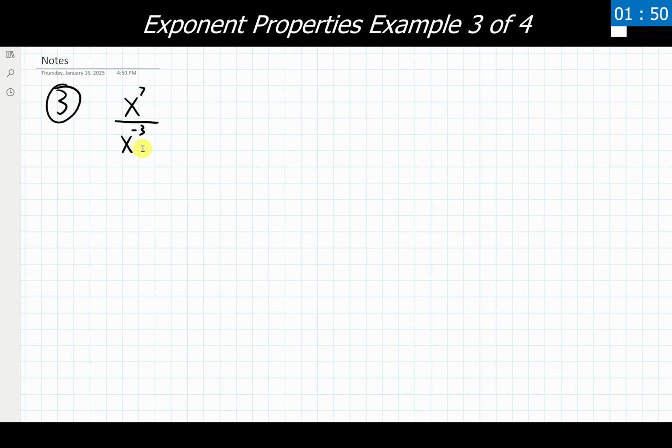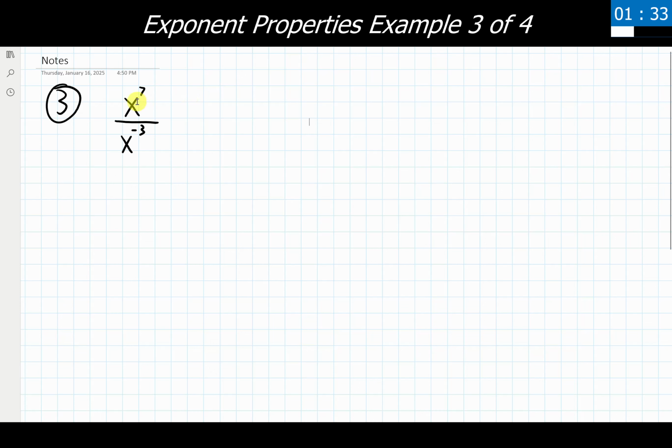Now it's your choice on which one you would like to start with. Some are going to be faster, some are going to be slower than others. I'm going to go ahead and show both of those options right down below here. So let's start with using the quotient property, one that we've used quite a bit up until now and we're hopefully pretty familiar and comfortable with.